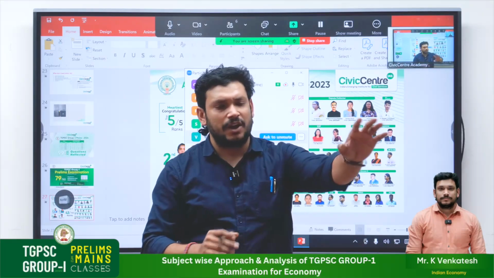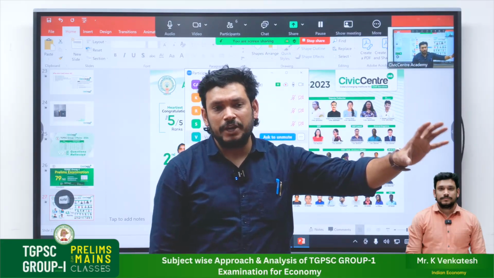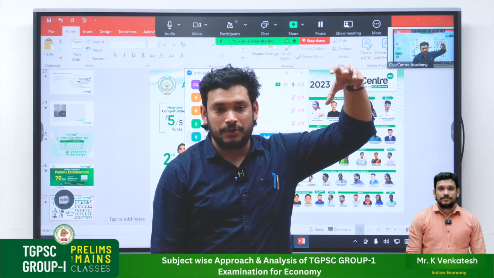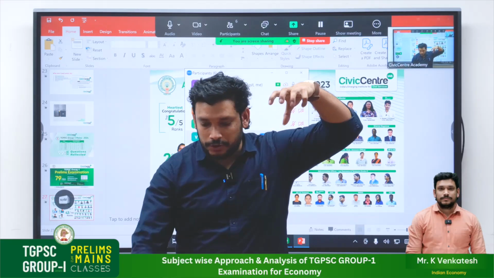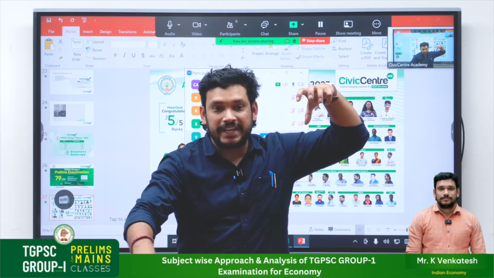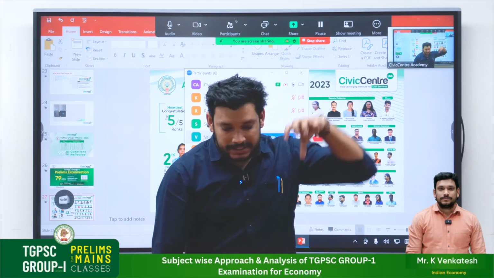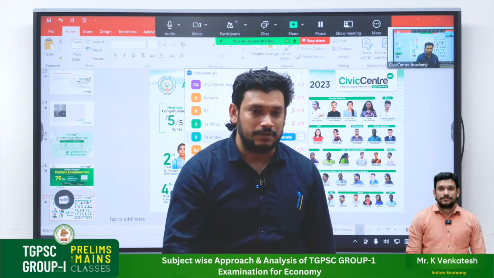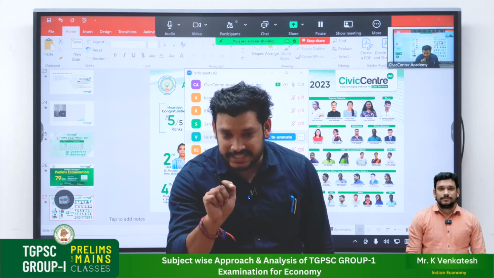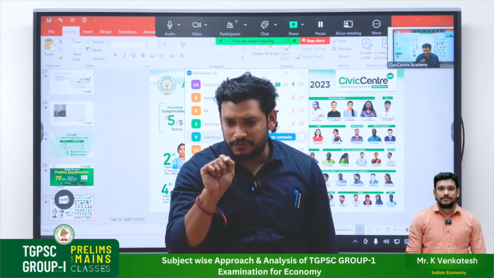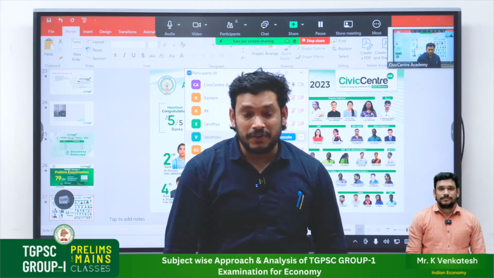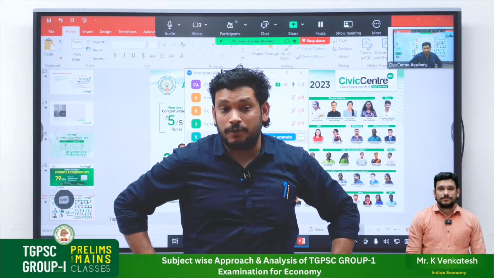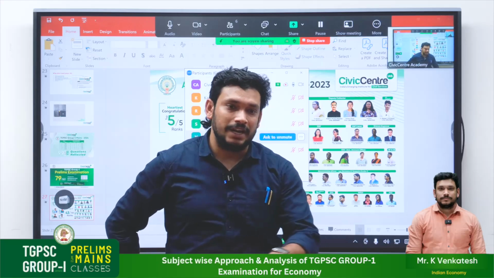For every student, or even every individual, we need to have an eagle's eye view and a jackal's eye view. What is the eagle's eye view? From the top, you need to see what is happening. That is called overview. And in the jackal's view, you need to observe every minute aspect. For some topics, you need a jackal's view, each and every detail of the topic. For some topics, you need an eagle's view, an overview of the topic. So we will take both approaches in this teaching paper.